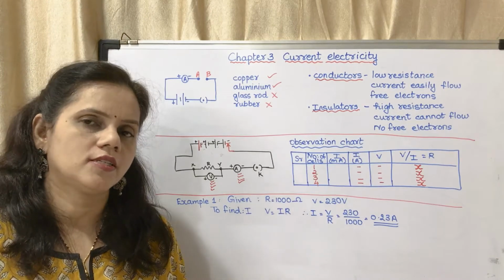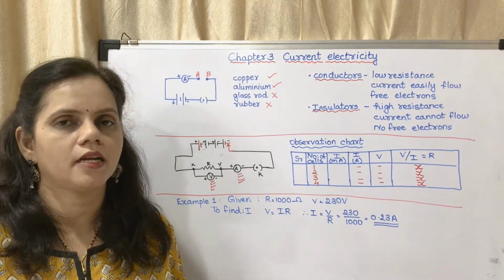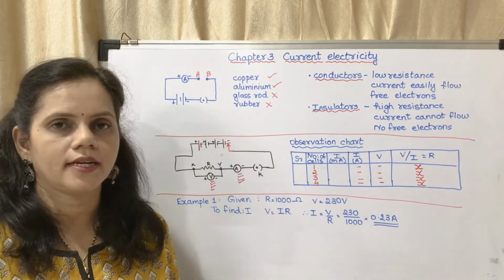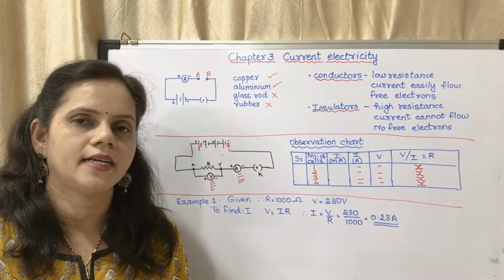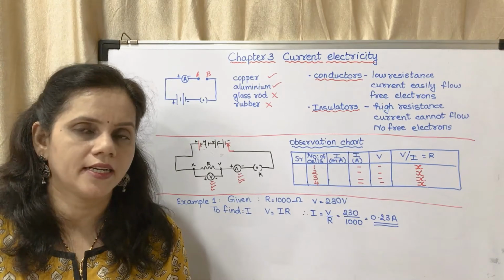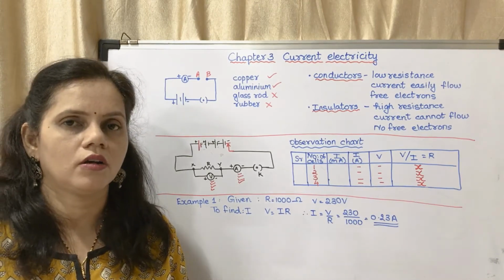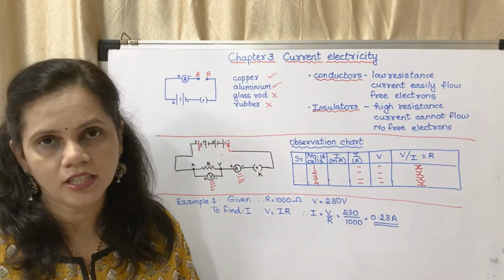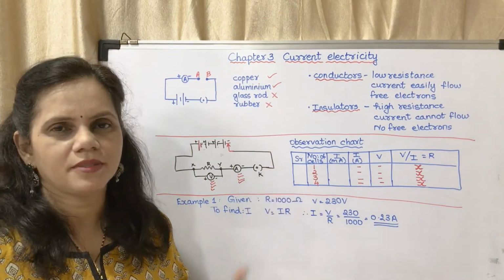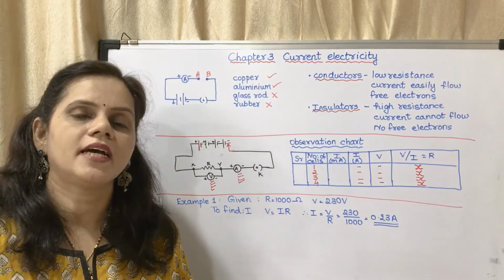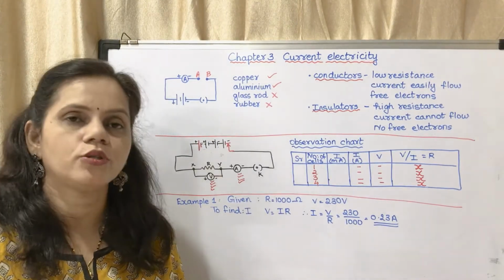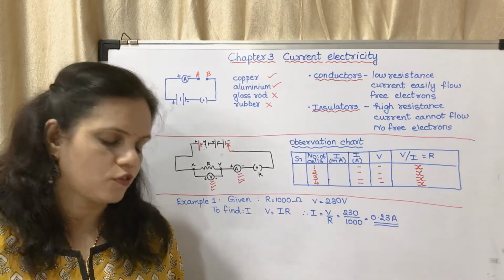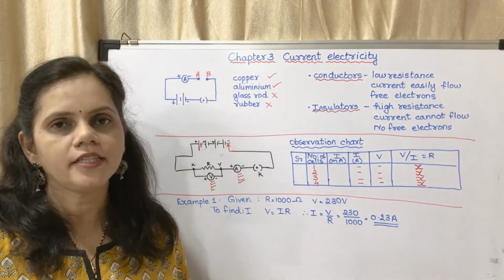So what does Ohm's law state? That V upon I is equal to R, and R is a constant. This is how it is proved. This experiment is there in the practicals, but I am not sure whether you will be able to do the practicals or not. But sometimes they ask questions from this, sometimes they ask to draw the diagram showing verification of Ohm's law. The diagram showing verification of Ohm's law is figure 3.7.